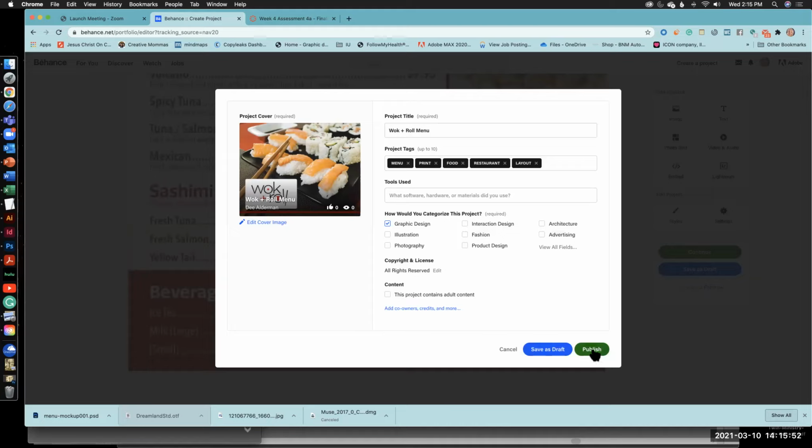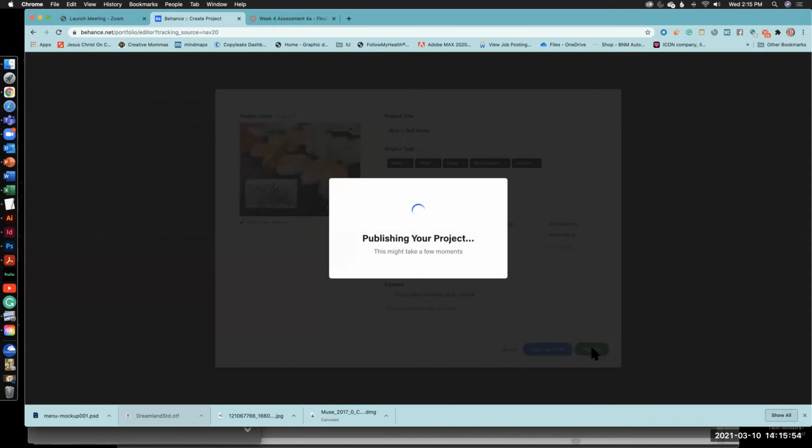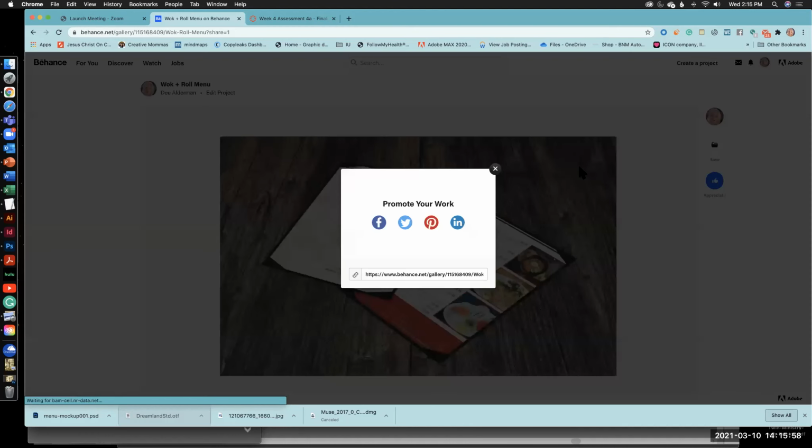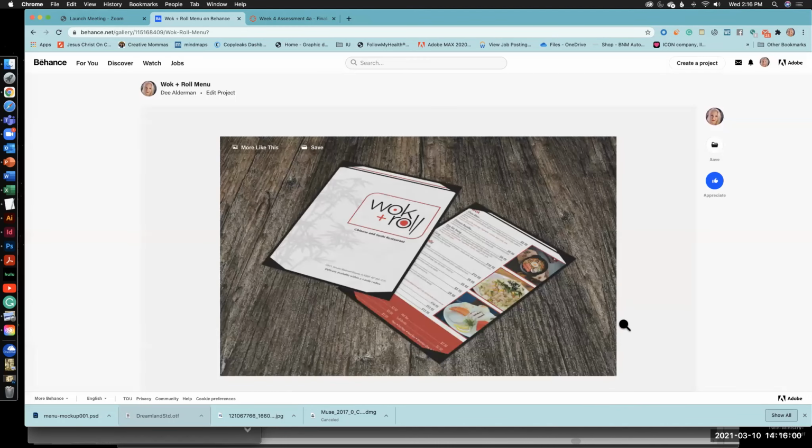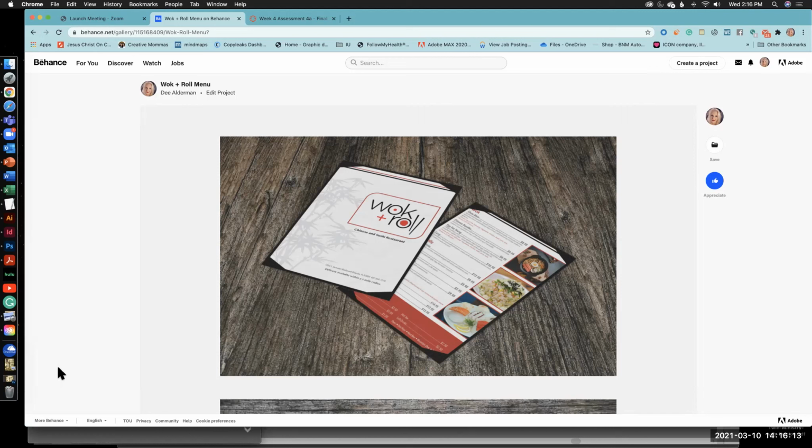And then you're going to publish. Now, don't save it as a draft, because if you save it as a draft, I'm not going to be able to see it. Not even that. You won't be able to have the project in your portfolio. It won't transfer over to your portfolio. Okay, are we good on this part of it? Yep. Okay, now,